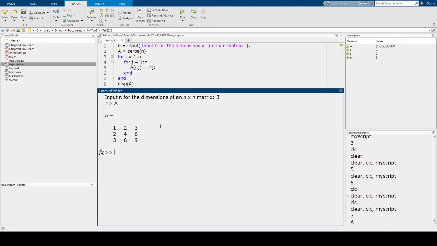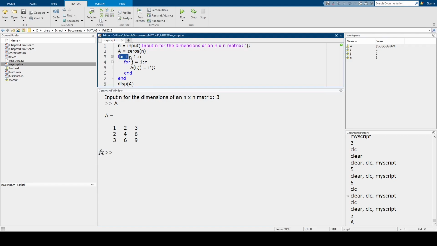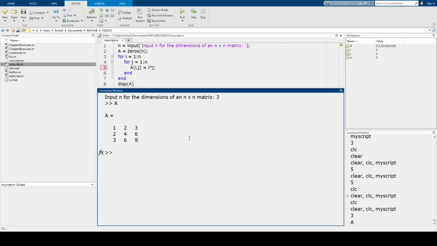And so what happened here was that we went through the first loop. i is equal to 1 this whole time. And then we iterate through j. So we get 1 and then 2 and then 3. And then i increases to 2. And then we do 1 and 2 and 3. And then i increases to 3. And then we go 1 and 2 and 3. So if we were to step through this,